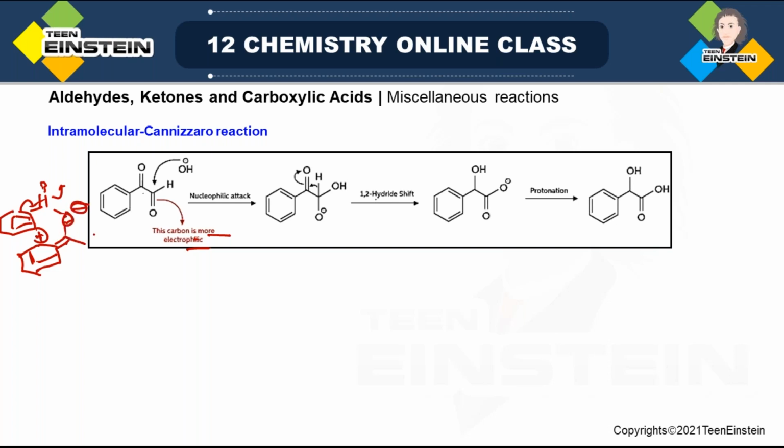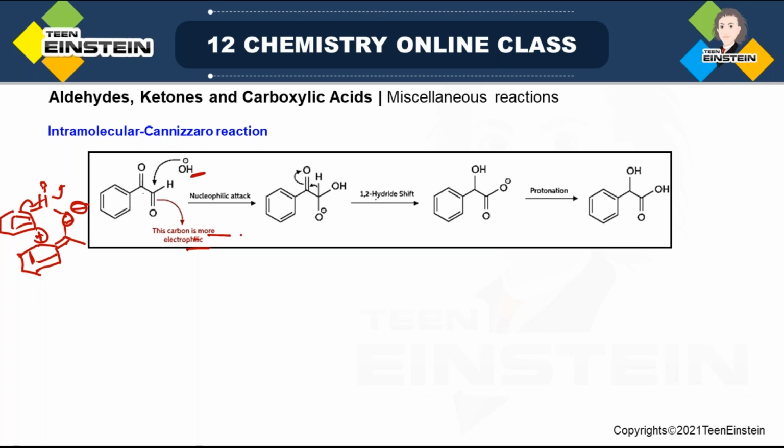Because of this type of resonance, the double bond character of the carbonyl group is decreased, and this is the reason why this carbon is less electrophilic. The other one, the CO just beside it, is more electrophilic, because in this carbonyl group this type of resonance with the C=C double bond is not possible. Here the HO minus ion, which is coming from the base, is attacking here,